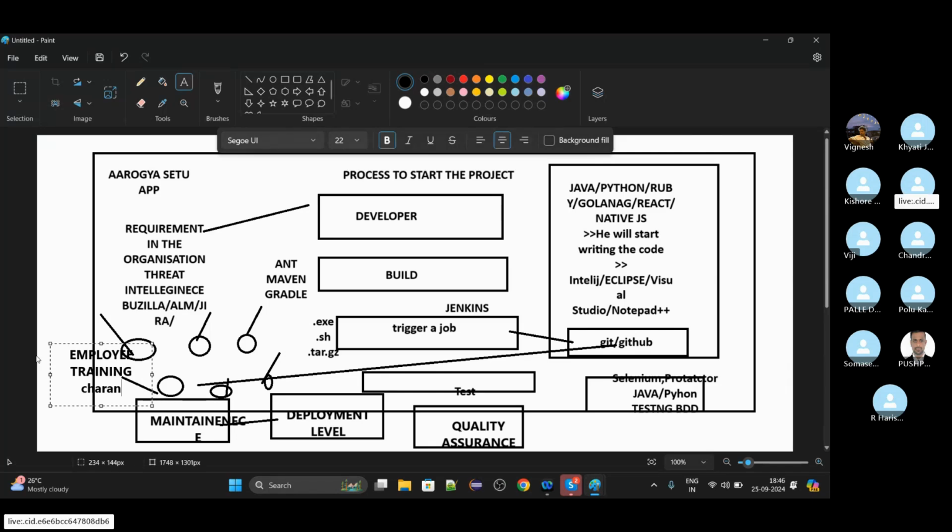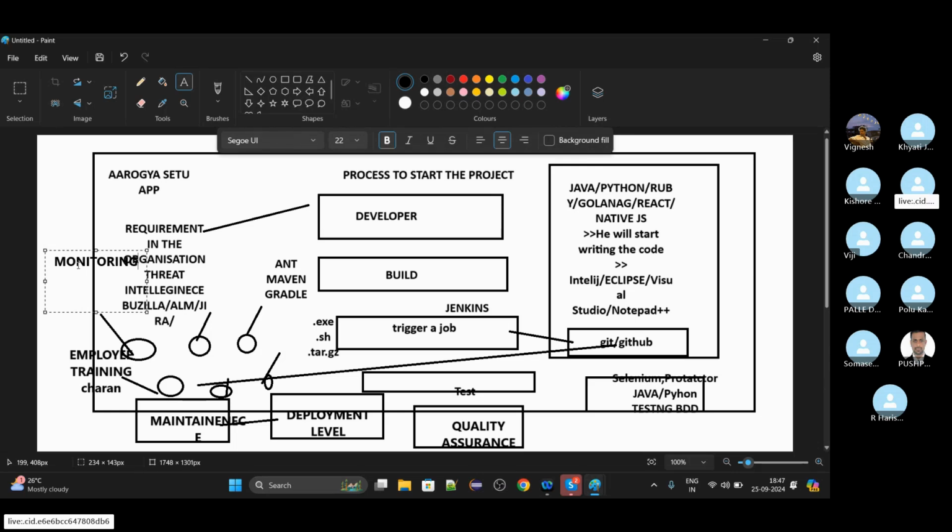So the final stage is the monitoring stage, where you monitor the application from core to end, how the application is working. Hence, this is your software development life cycle.